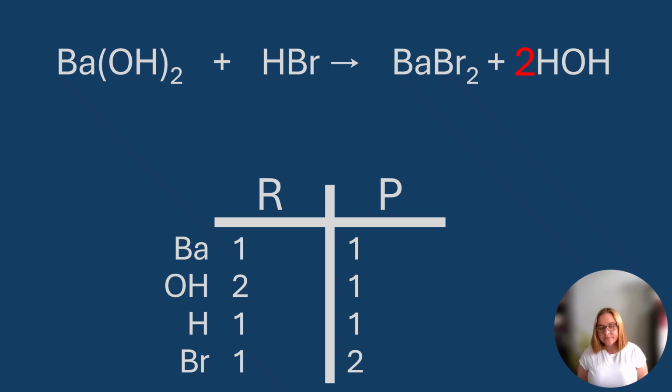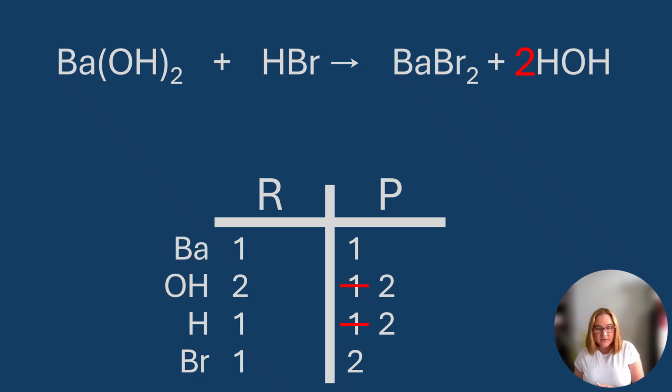polyatomic ion. It also changes the number of hydrogen ions present, and I'll need to update both entries in my table to properly keep track. You can think about your next move one of 2 ways. They're actually the same move in this case, but lots of times they won't be. You could A, balance what you just unbalanced, which would be the hydrogen. Or you could B, move back to the reactant side and move on to whatever is next as you're moving